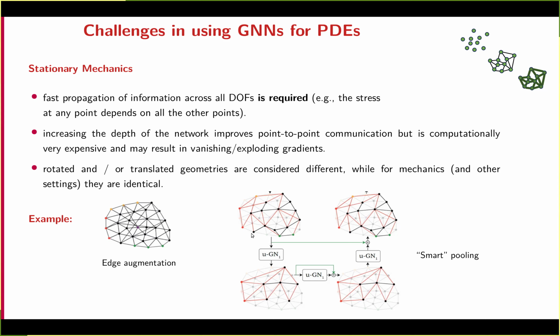Another approach that at the beginning we thought was very smart is to proceed in a multi-grid type of way, where we start from a graph and then we do pooling and we go to a coarser graph, and we keep doing this operation until we reach a certain level of coarseness. And the effect of having a coarse graph is that the information propagates very fast in the domain. And then we go back to the original resolution.